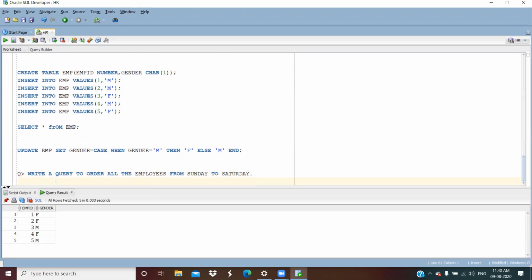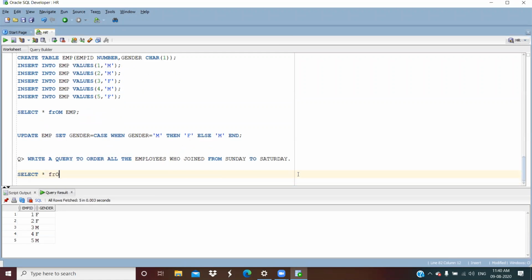So what is my question? Write a query to order all the employees who joined from Sunday to Saturday in this employees table. This one is simple. Everyone can try.